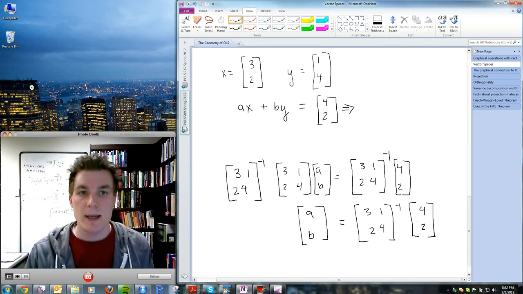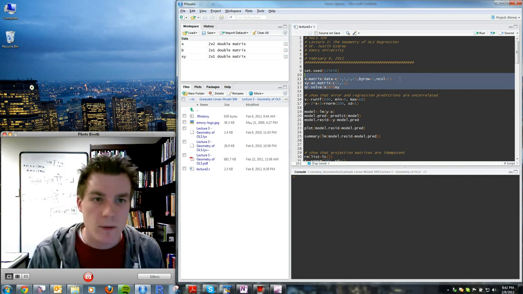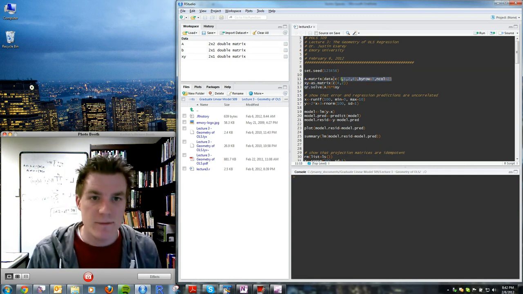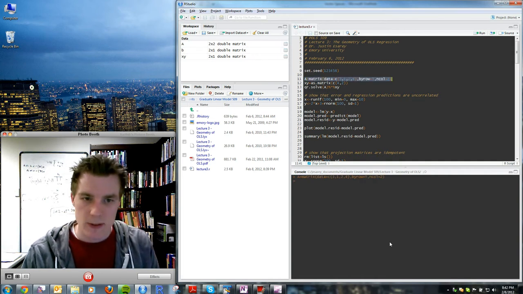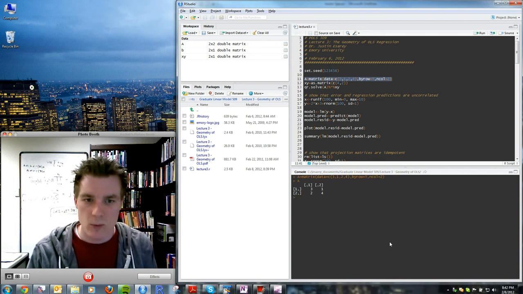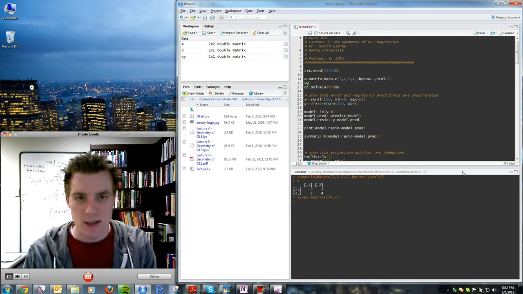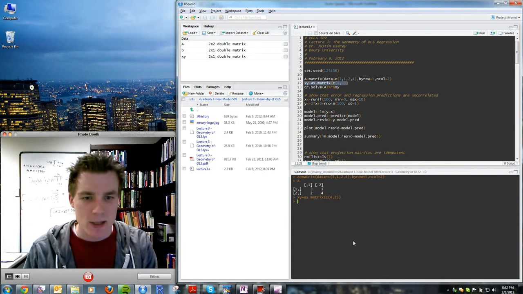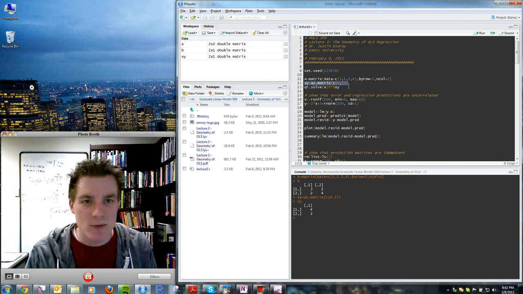And that's a problem that one could solve by hand, but it's just easier to come over to RStudio and do it. So here is my matrix A, and I've already entered in all the right stuff for A. A is 3, 1, 2, 4, just like on the screen. And xy is what I've called the resultant vector there. I'm not sure why I called it that. I just did. So xy equals 4, 2. That's the point we're trying to reach. And so now if I take A inverse times xy, what I get is